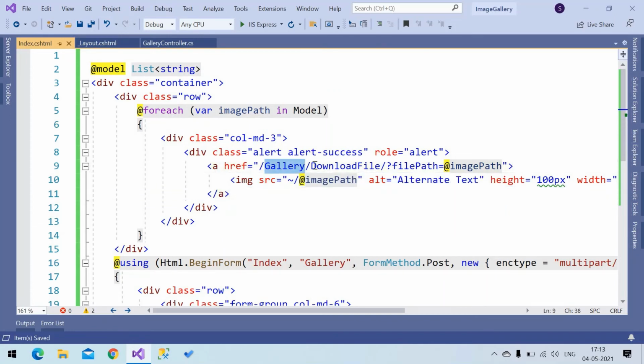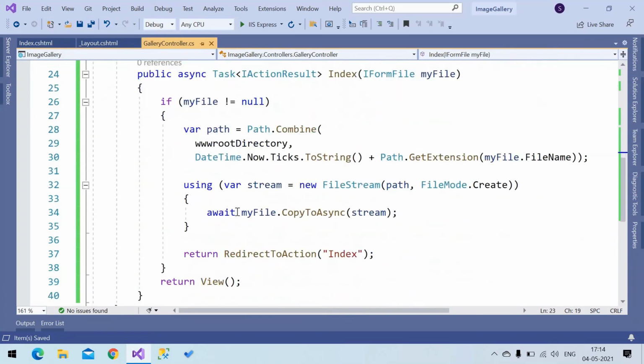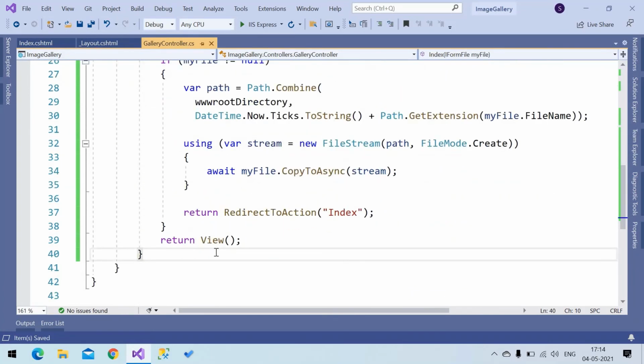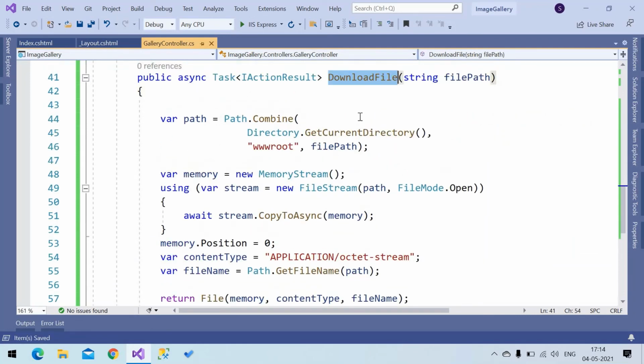This is my controller name and it is an action method. I want to give a file path so that I can download the image. So let's add the action method DownloadFile after this index. This is my download action method, which I just added.